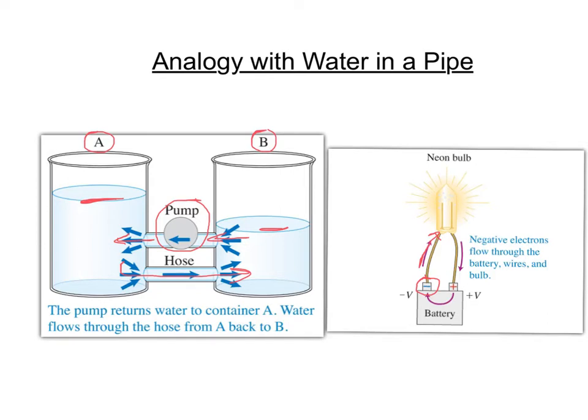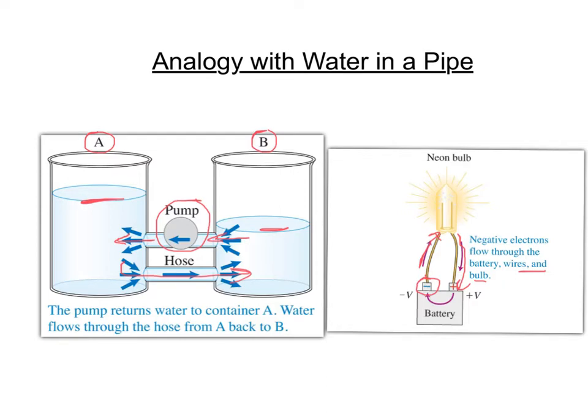A conductor is a conductor because it's got free electrons, and those electrons flow through the battery, the wires, and the bulb. Okay, so they come back through here, attracted to the positive terminal, and the battery pushes them out again. So that kind of gives you a summary of how you can compare an electrical circuit with